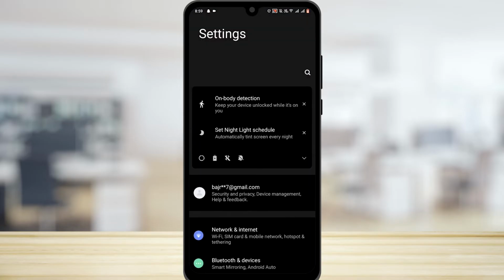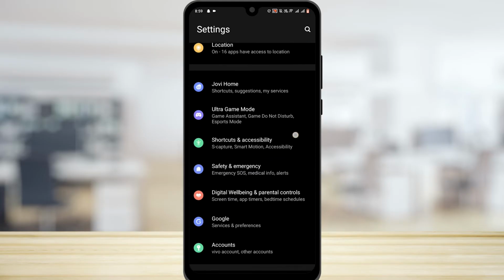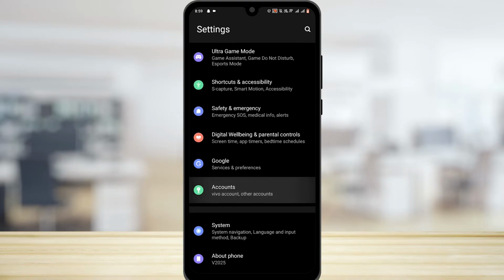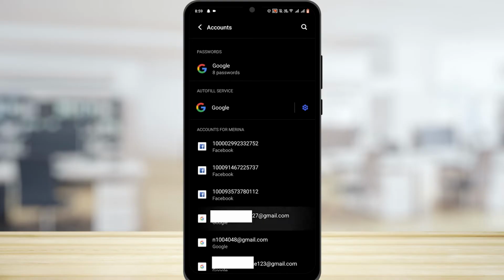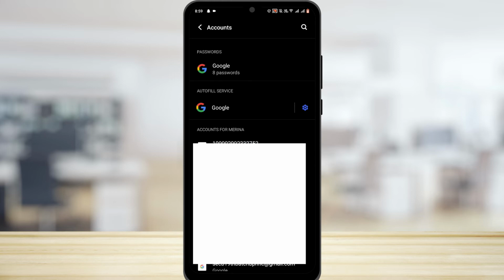All you have to do is go to your settings here and tap on your account or account and sync or Google account. It differs according to your mobile. For me, it's accounts, so I'll just go ahead and tap on it. Now I will tap on the email address that I want to remove as my payment account, and once I've